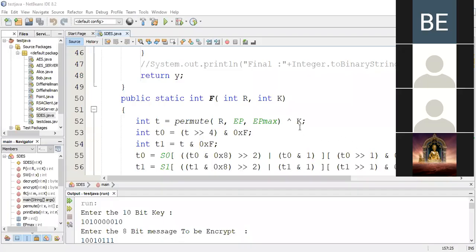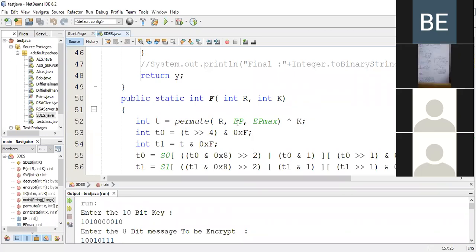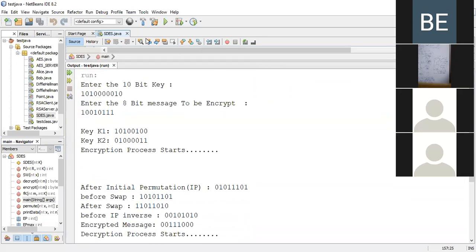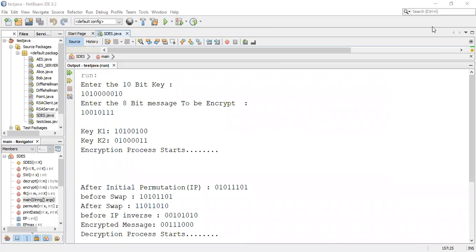So just wait. I will share in a few minutes. 2 minutes is there, no problem. Is the screen sharing or not? Is it visible to all? Yes. Just I'm sharing this. Wait for the moment.